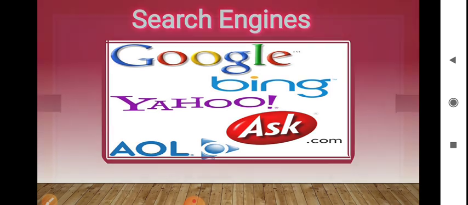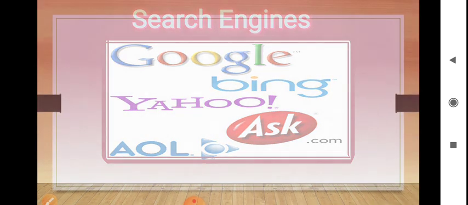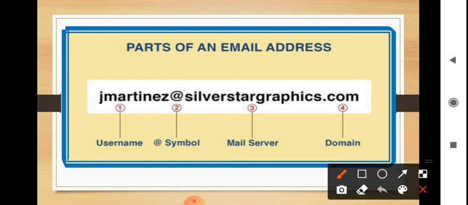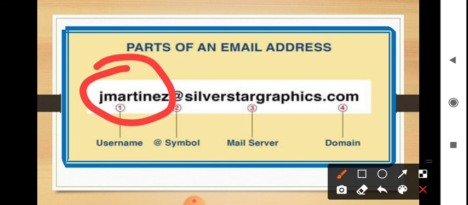Now the next thing we'll learn about is the parts of an email address. When you create an email address, it is divided into some parts. अभी वो पार्ट्स कौन से है देखो. First thing, you can see J Martinez, that is your username. You can see the @ sign is there.